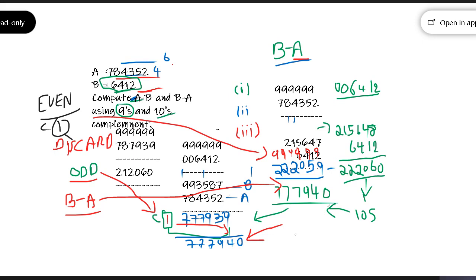So you guys are clear about complement subtraction, right? I hope all of you understood. You can do ones, twos complement, A minus B, B minus A, and even nines and tens complement, same A minus B, B minus A. And even 15s and 16s complement is also the same. Only thing is you'll do the alphabet thing. So you guys are clear, right?